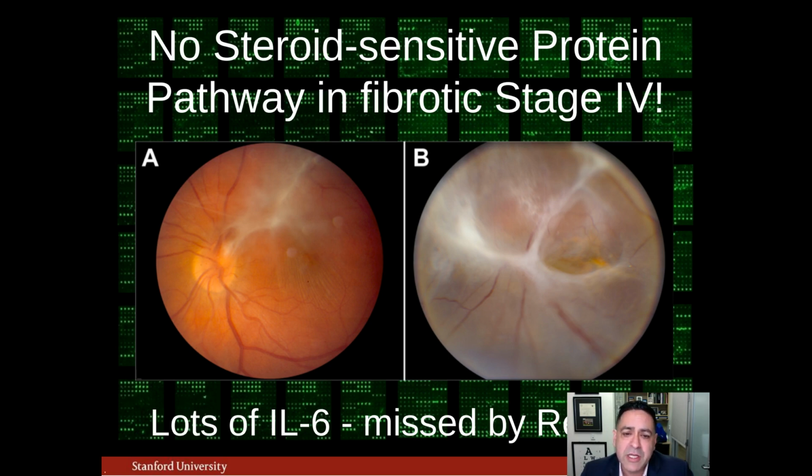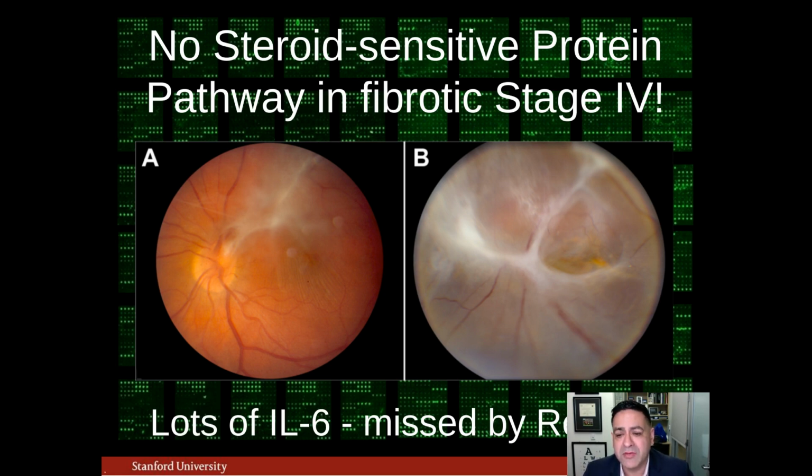And so frequently in these 2 images, you can see severe fibrosis developing. We call this inflammation and we treat it with conventional steroids. The patients always failed this therapy. And now we had a good molecular reason why they were failing the therapy, is that the steroid sensitive proteins just weren't there. Now, interestingly enough, what we did see is this cytokine interleukin-6 that was elevated in the patient eyes